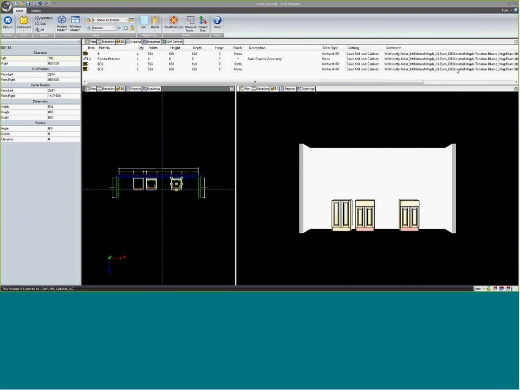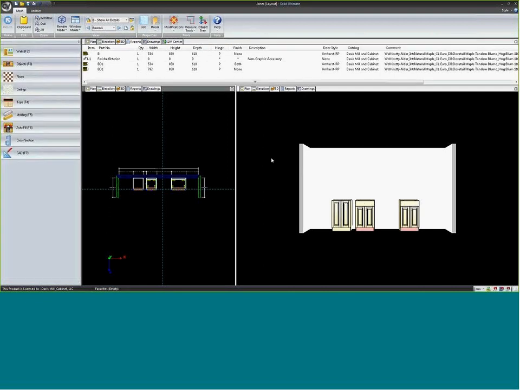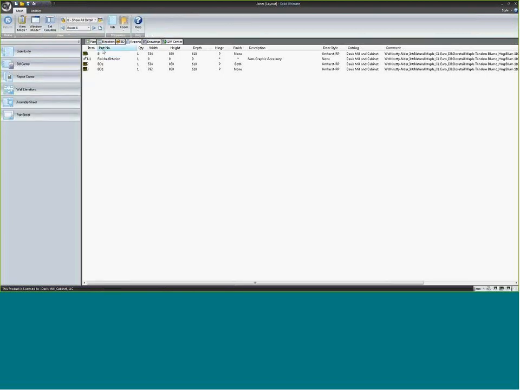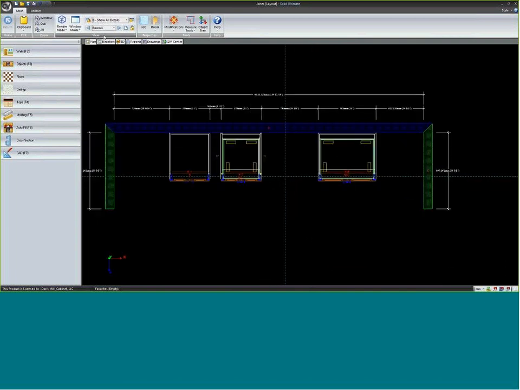So same thing with your report. If I change the width of one of these cabinets, for instance this one, if I go to order entry and change that cabinet to, let's go 30 inches wide, let's see what it does there. That actually took a refresh there. I had to click on each of the screens. But you kind of see the use of a window mode. I typically don't use window mode, but a lot of people do like it. So it's up to you. So if I come back here then to the main screen,